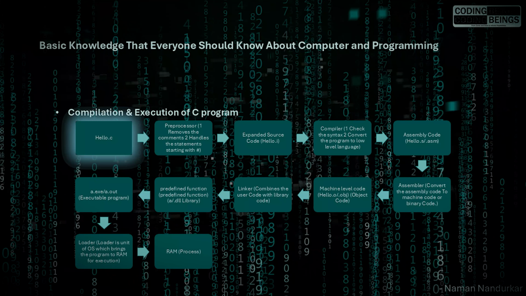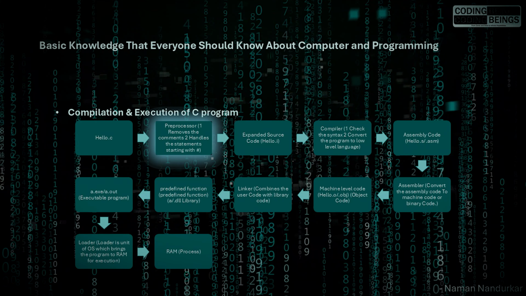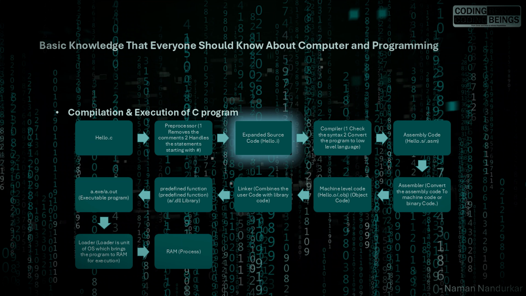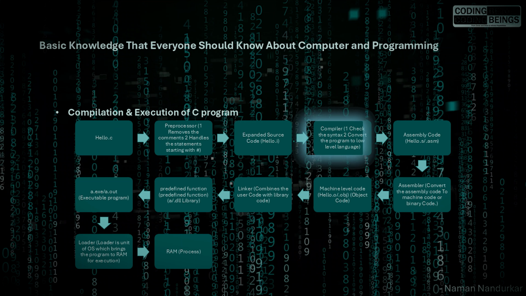Let's understand how the compilation and execution of the program works. For example, if you have written code in the C programming language, then that code goes to the preprocessor, where the preprocessor removes the comments and handles the statements starting with hash. Then that code is called extended source code. The extended source code goes to the compiler, where the compiler checks the syntax and converts the program to low-level language,